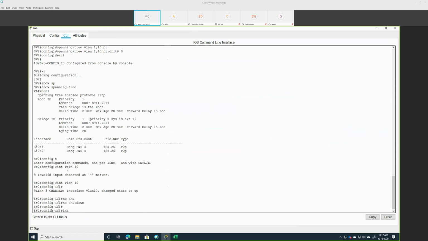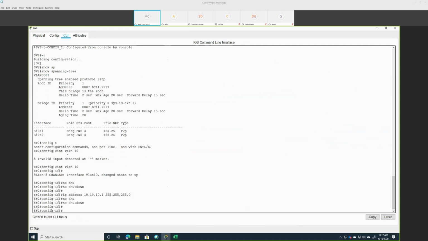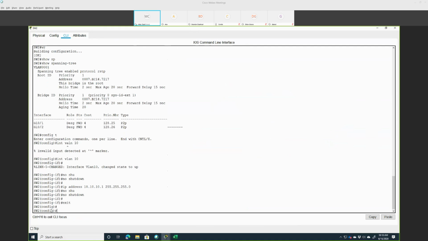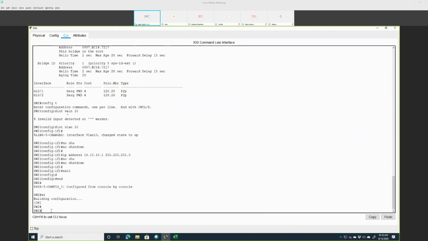Okay, interface. I mean IP address, this makes a difference. IP address, I'm going to put 10.10.10.1, 255.255.255.0. Okay, no shutdown again. Actually, let's see. And WR. Okay, so if we do show spanning tree,